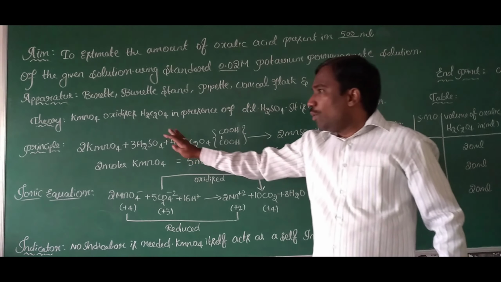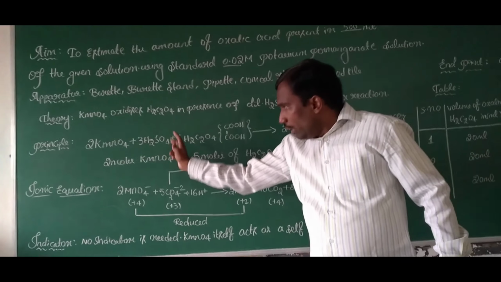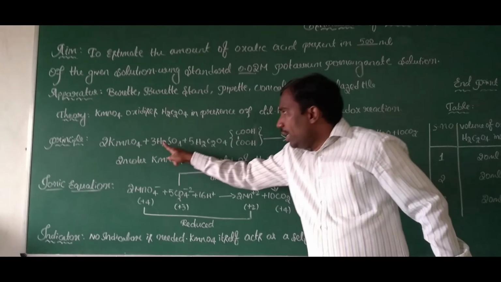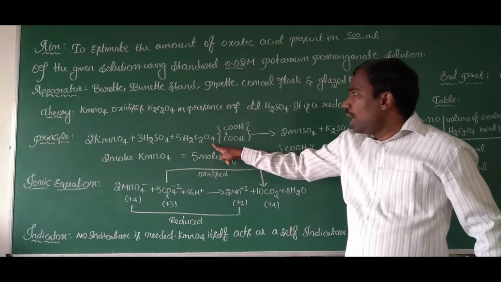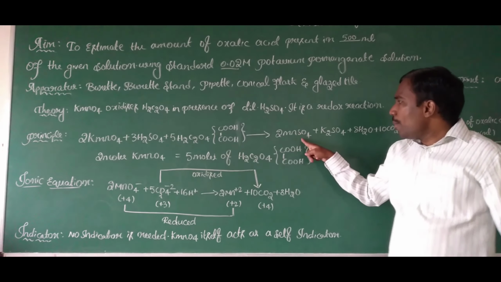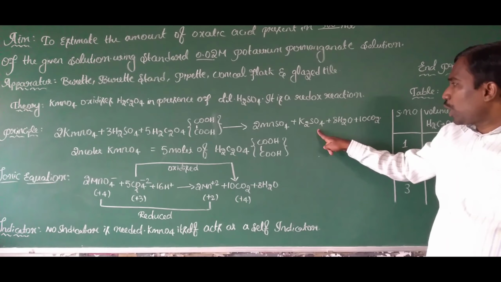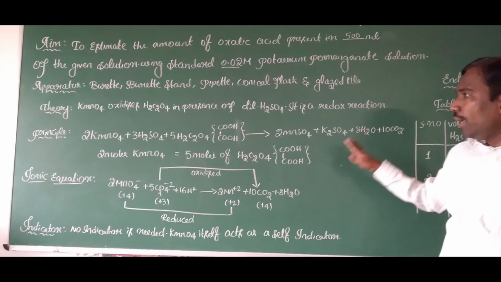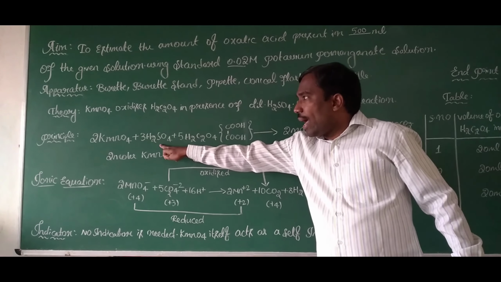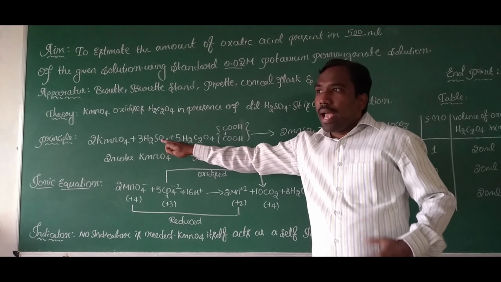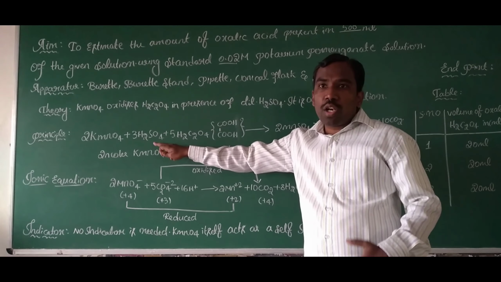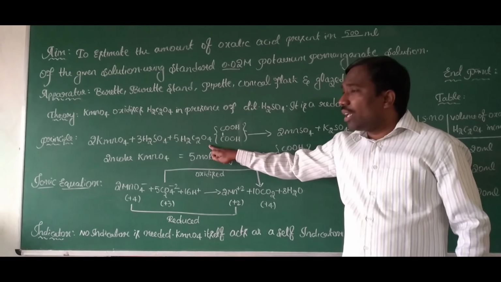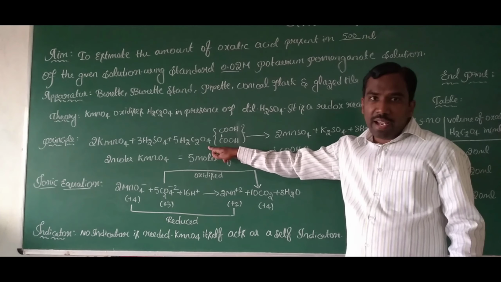The principle that takes place between the two chemicals is that when potassium permanganate reacts with sulfuric acid and oxalic acid, it forms manganese sulfate, potassium sulfate, water molecules and carbon dioxide. Here the sulfuric acid is used as an initiator in order to speed up the chemical reaction because the oxalic acid is a bidentate ligand.